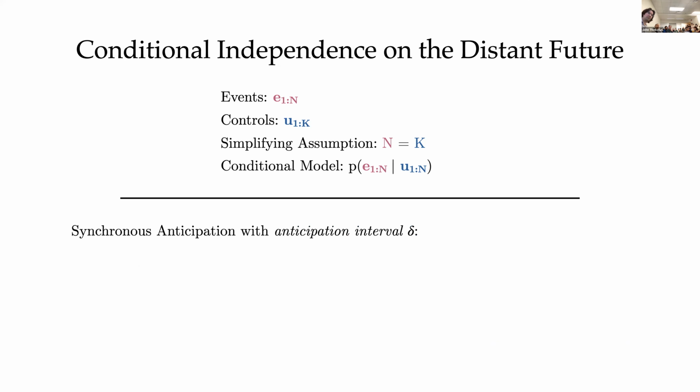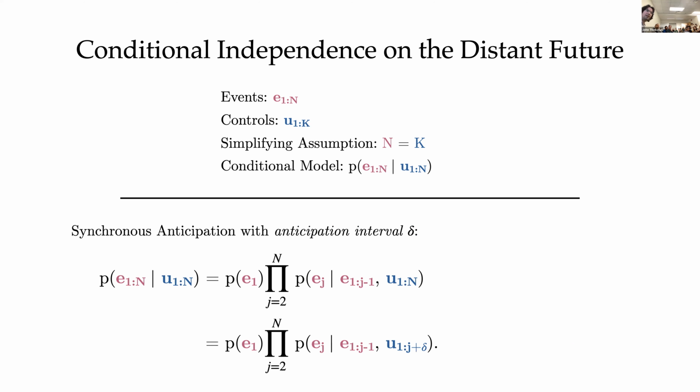So we can formalize this a little bit, and I can say exactly what I'm doing when I arrange my sequences this way. Basically, if I have an autoregressive model over sequences that have been constructed in this way, I'm making a conditional independence assumption on the deep future of these controls, conditioned on the sequence of controls up to the current time, plus this offset delta. I'll call this offset delta the anticipation interval.